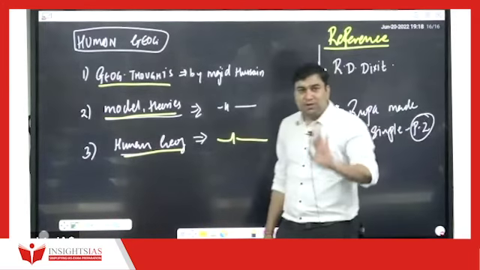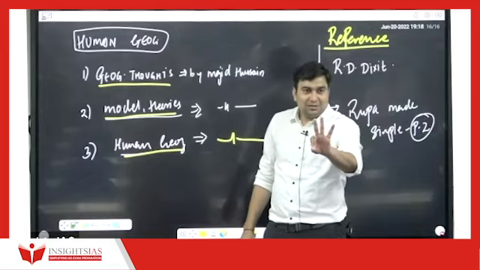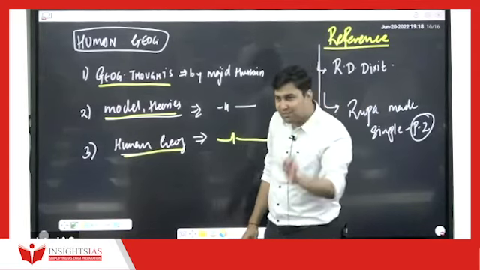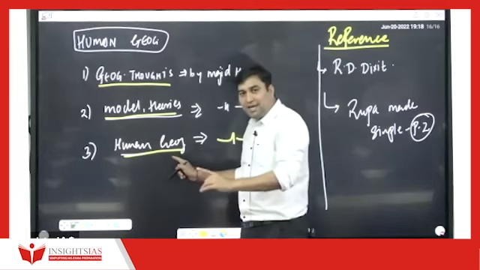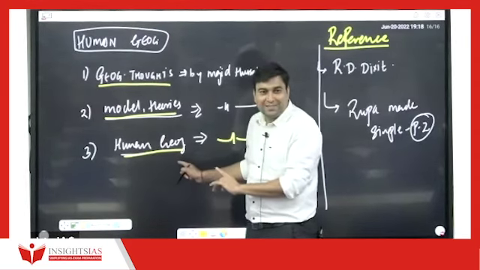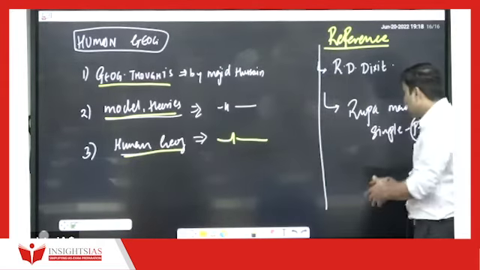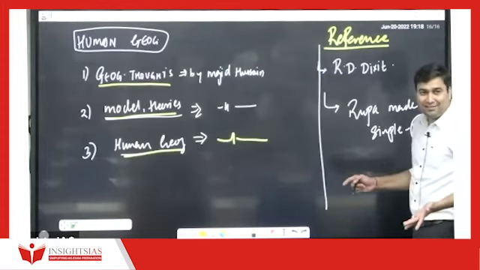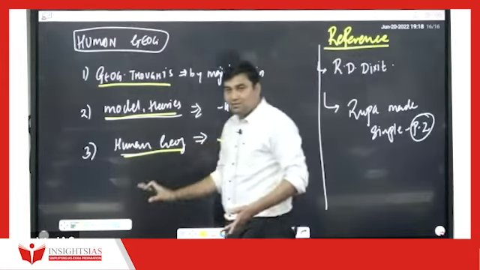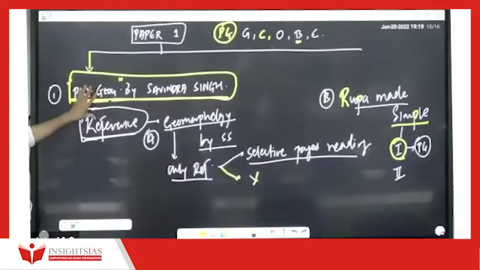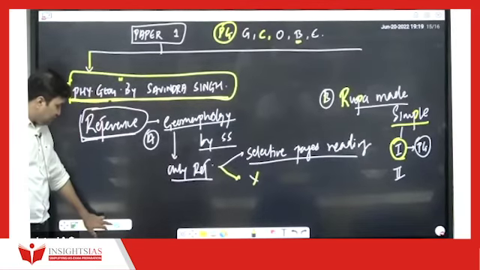So in total, how many books did you read? 3 + 1, 4. These are important must-read books, because what is there in human geography? Population and settlement. For economic geography, most of the things you will find here or on the internet, right? Is it clear? These are the three books for human geography. This is the base book for physical geography.